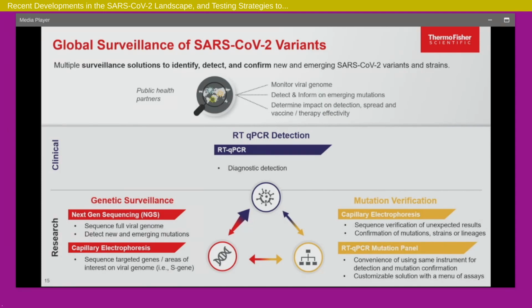The reason I bring up the mutation panel, and I spent all this time talking about the mutations, is because, as you can see, these mutations are specific to variants, and the set of mutations give that variant its own signature. So you can use that signature and do an interesting way of doing surveillance, which is using this mutation panel.